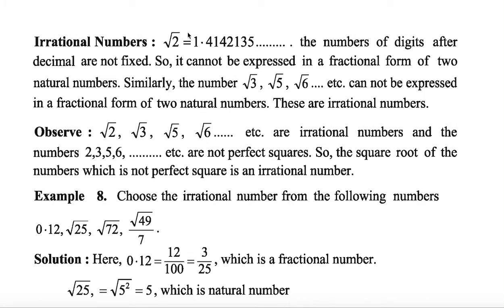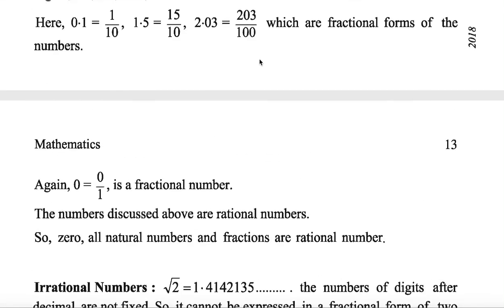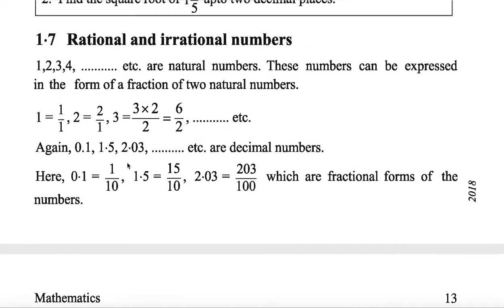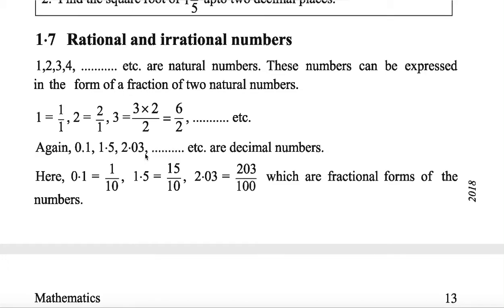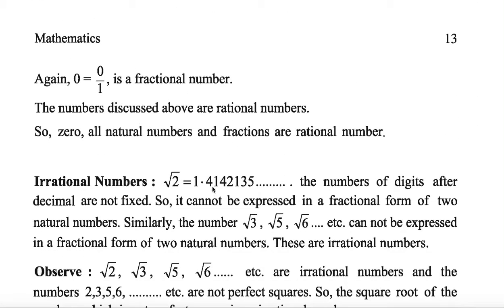Irrational numbers, for example, root 2. So this is not an end point decimal. This is 1.5. After one digit it ended, and this is after 2 digits it ended, right? But this is not an ending decimal, not a recurring decimal, neither recurring. Even if it is recurring with 1 digit or 2 digits, you can still express it in a fractional form as a rational number. But here there are no recurring or repeating decimals.